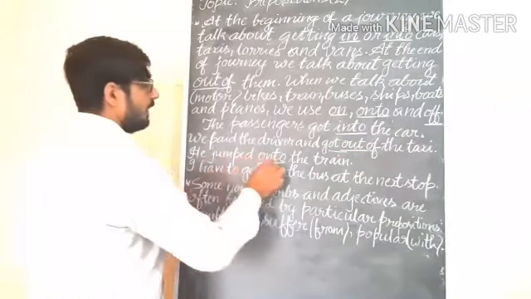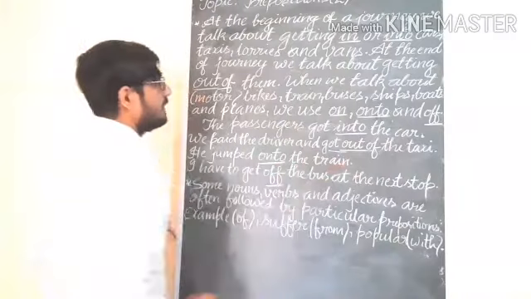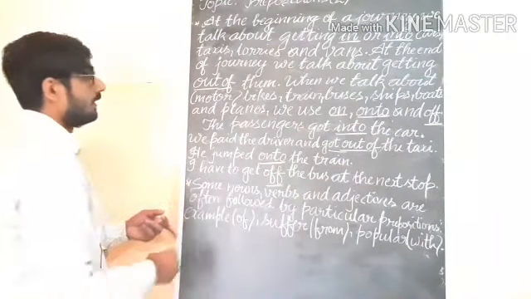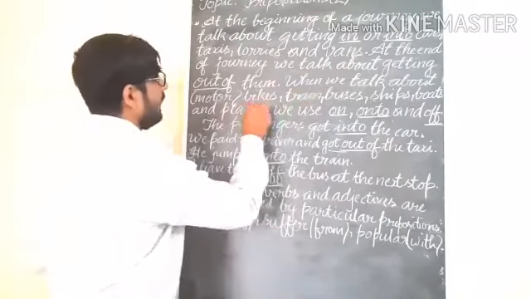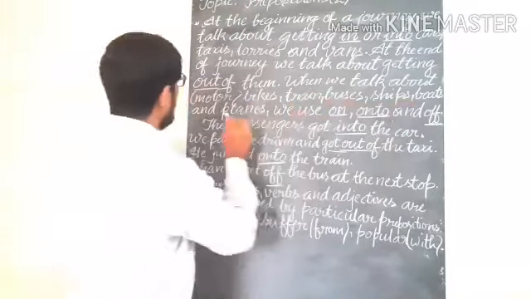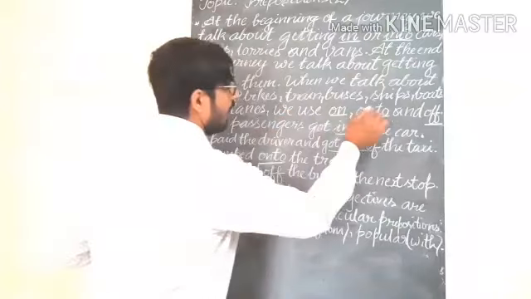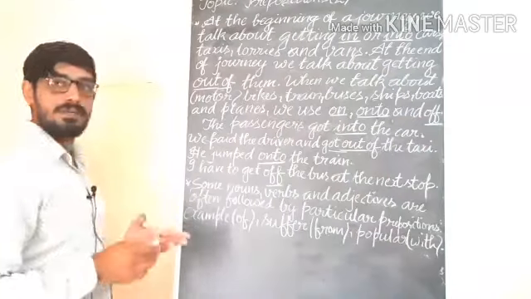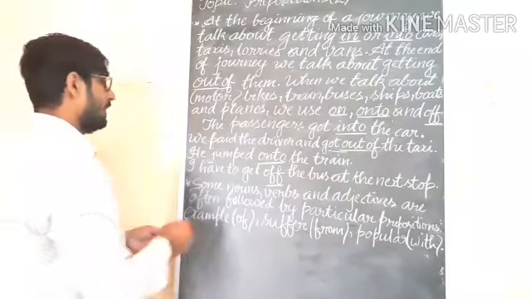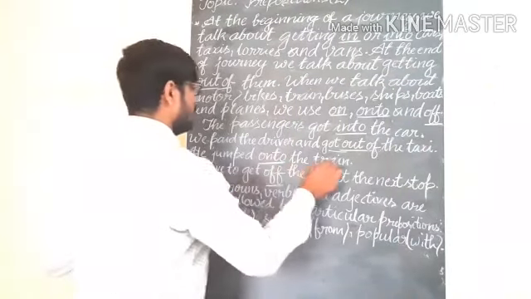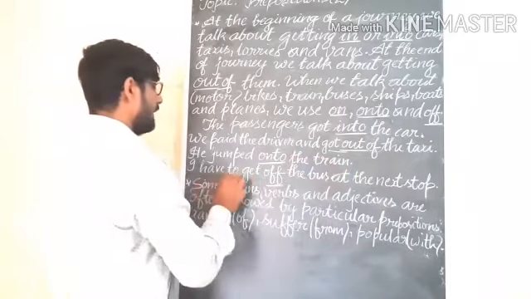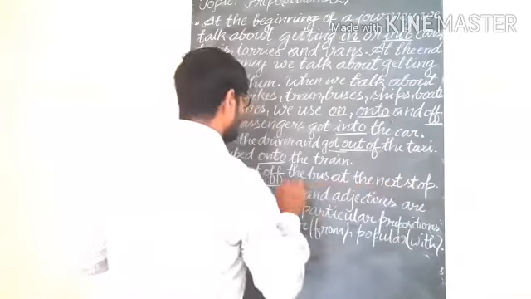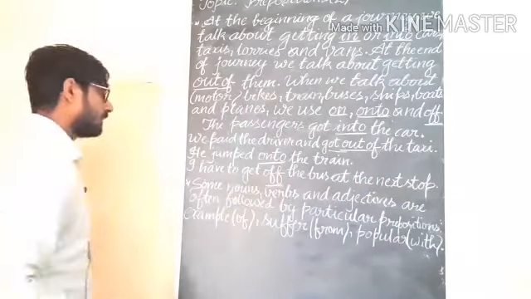He jumped onto the train. When we talk about motorbikes, trains, buses, ships, boats and planes, we use "on" or "onto", and "off" at the end of a journey. Look at the example: He jumped onto the train, at the beginning of the journey. I have to get off the bus at the next stop, at the end of the journey.